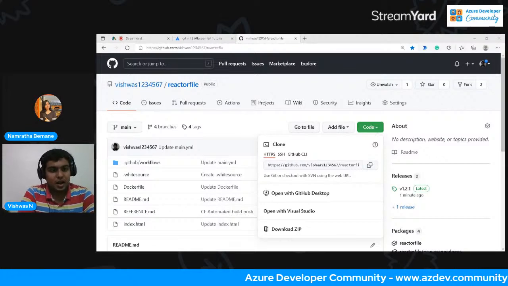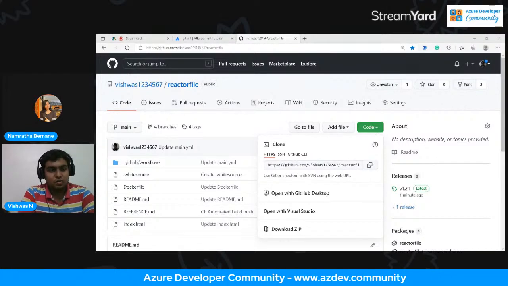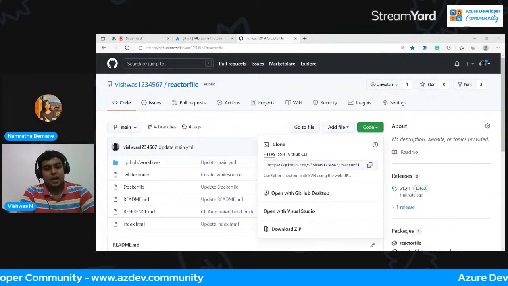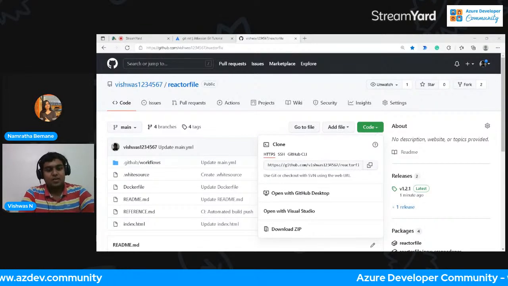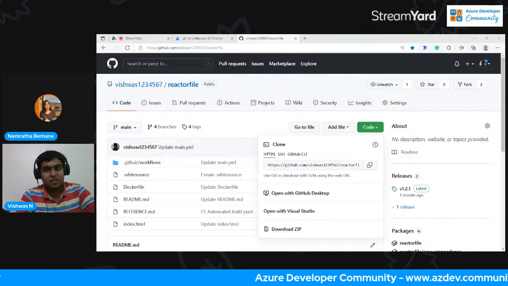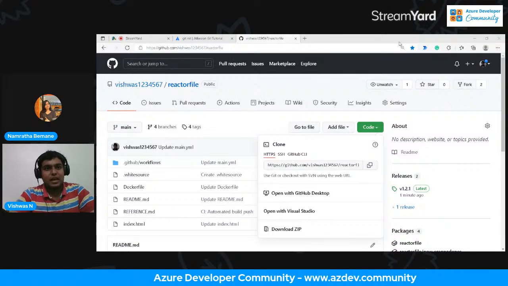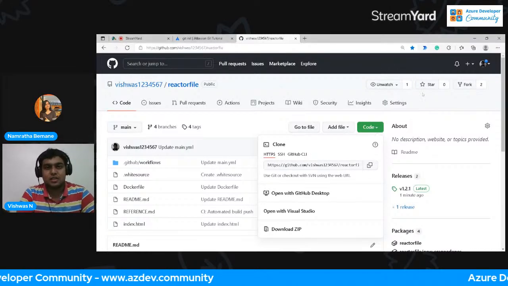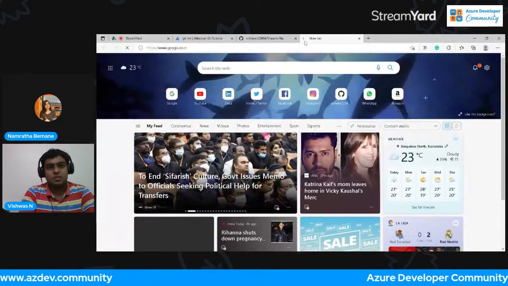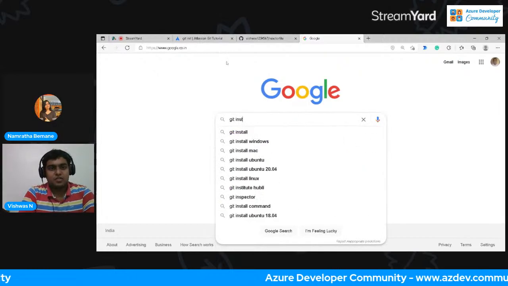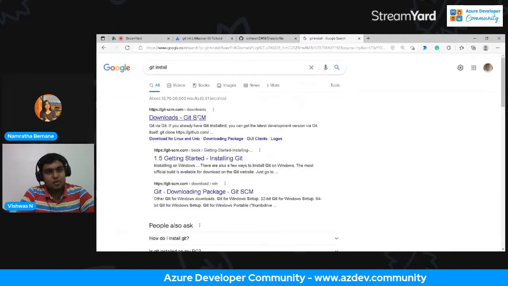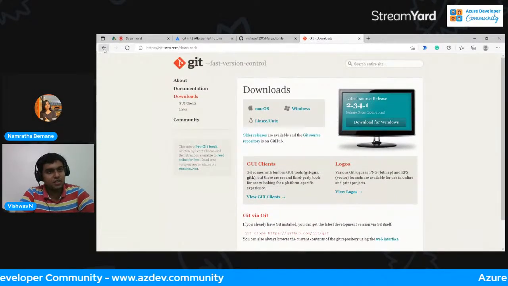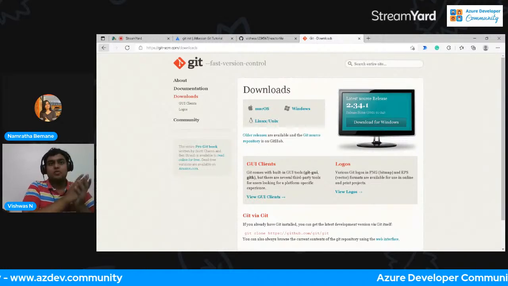I'll do mkdir new 1, 2, 3, and then cd new 2, 3. If I do git clone, the magic of this command is that it helps you clone that repository, if you have installed Git. Git installation is very easy. Just go to the Git install, download Git SCM. Source code management is also a bigger issue.